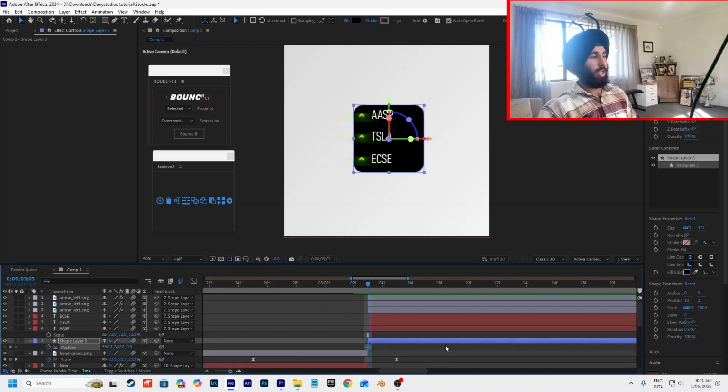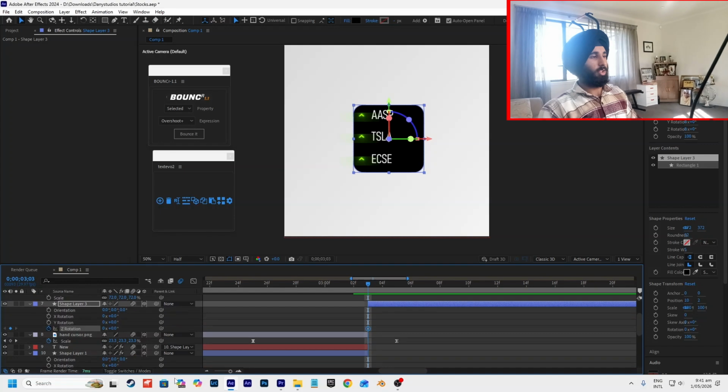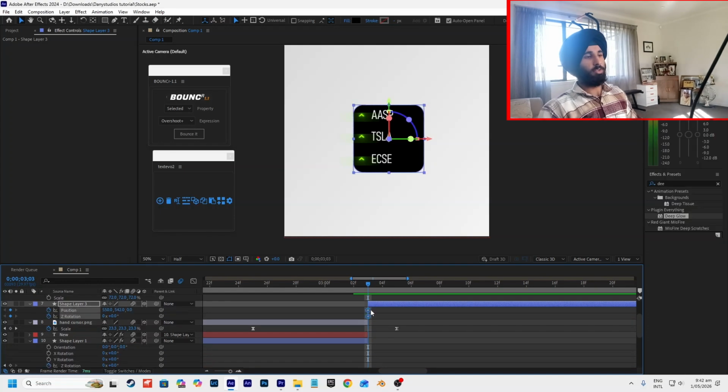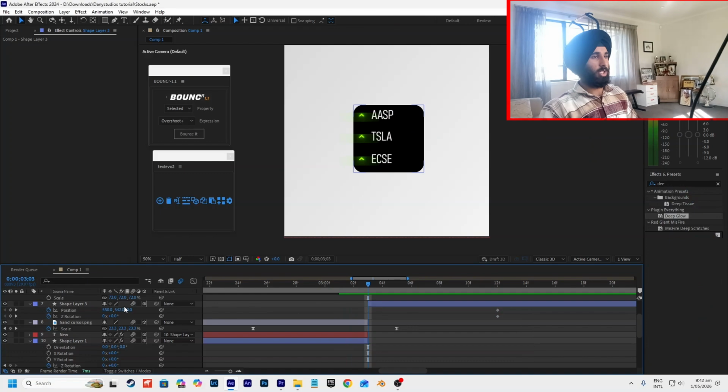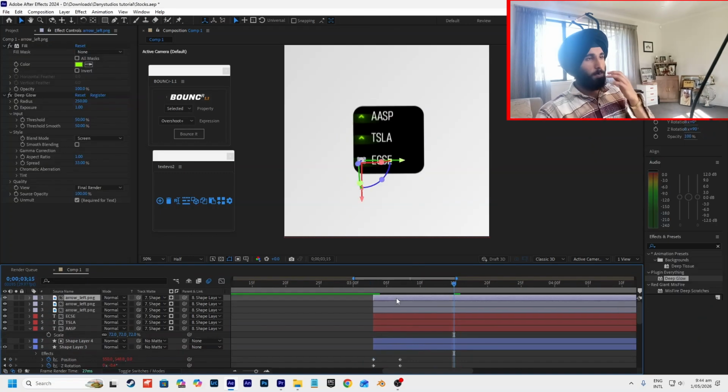Position and Z rotation. We're actually going to drag these out a little bit further so that we want it to finish perfectly in the center with no other movement. So just something like that. Then I'm going to go to the first keyframe, drag it down, and now I'm going to keyframe the opacity